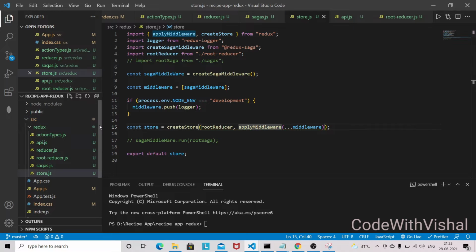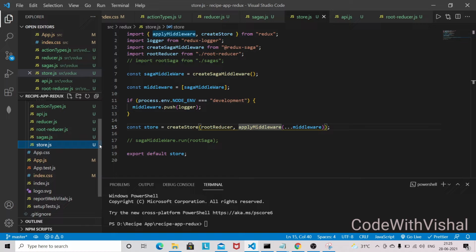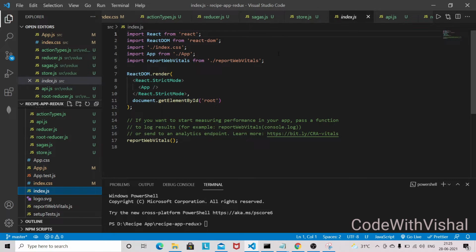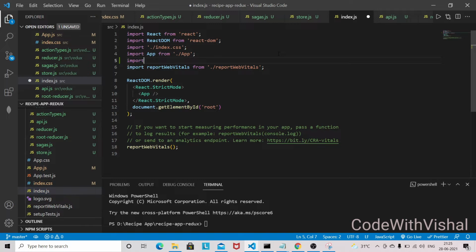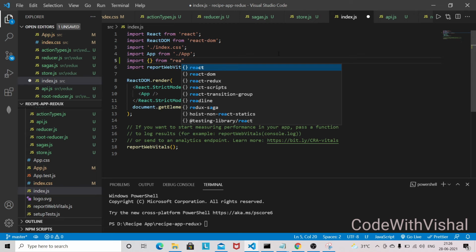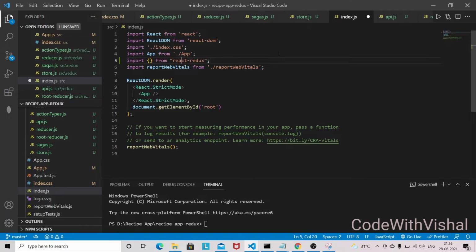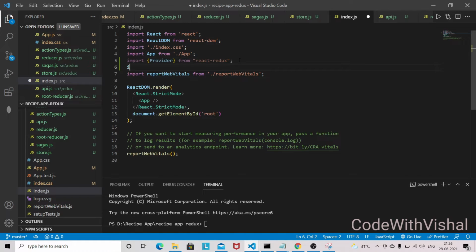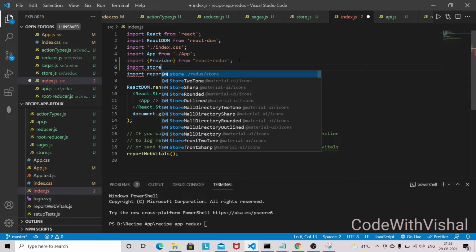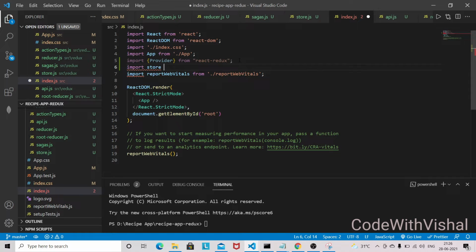So let's come over here in the index.js file. In index.js, we have to wrap the application with the provider. So provider we can get from React Redux, and we also need a store in order to provide the application state to our entire application.